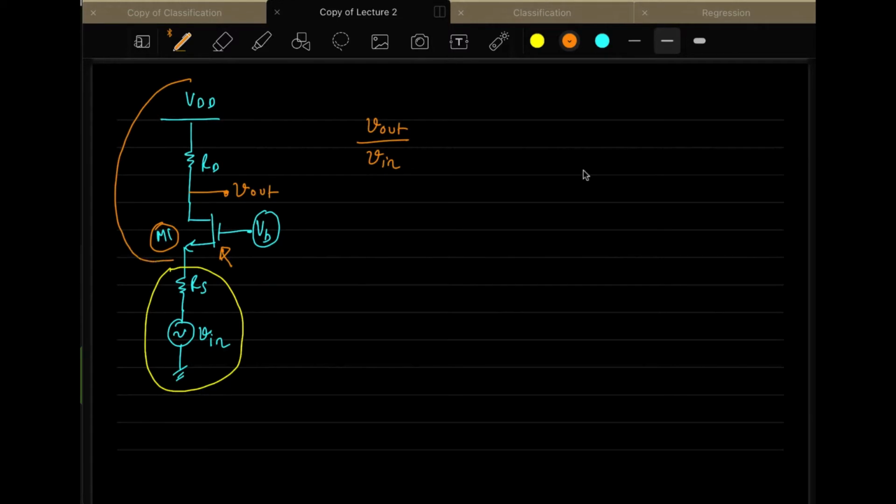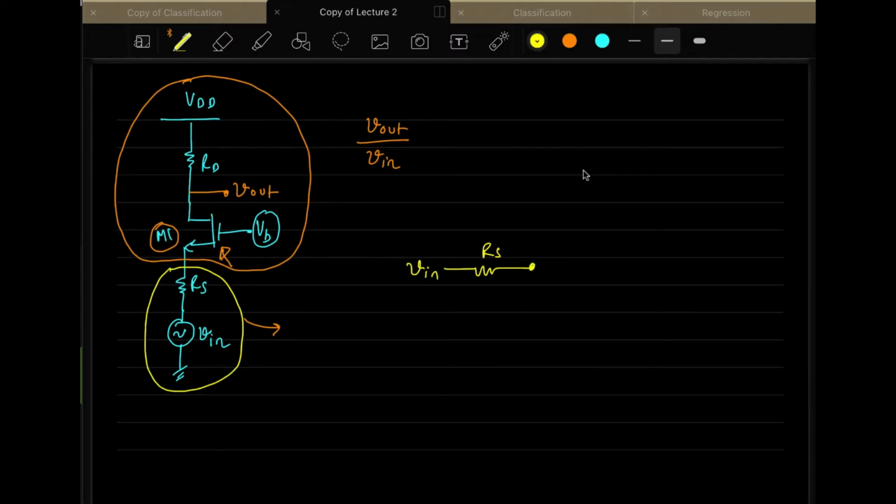So basically, I am telling you the tricks to solve the circuit smartly, so that instead of doing the tedious job of replacing this MOSFET M1 by a small signal equivalent and then solving for voltage gain, it's better to do smart work so that you get the results properly and with less effort. So if this is the circuit that you have here, let's make this circuit again, the one shown in yellow. It is basically V in, and then you have RS. But after this, you have a MOSFET, which is M1.